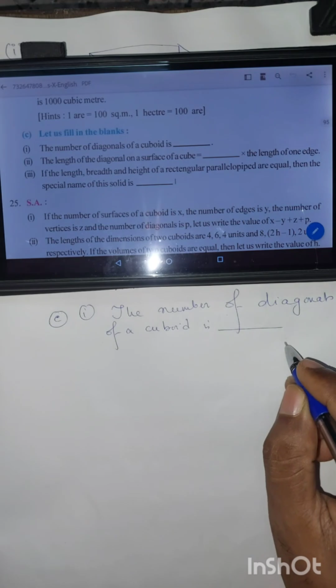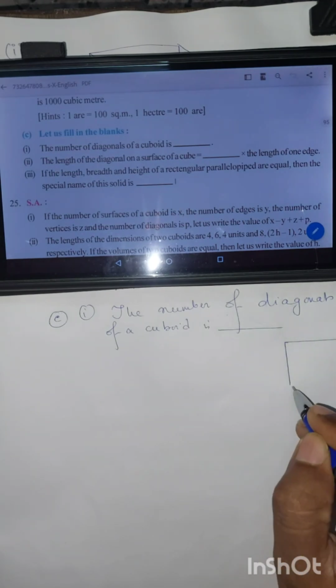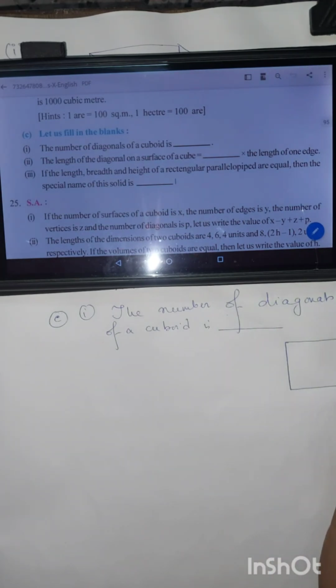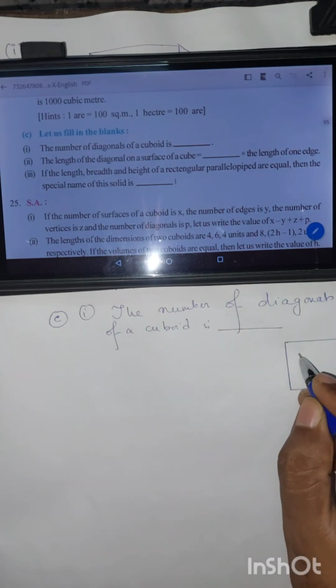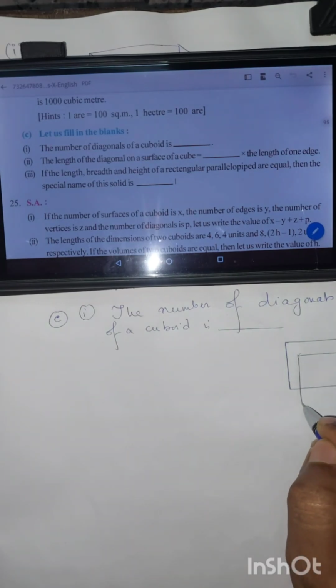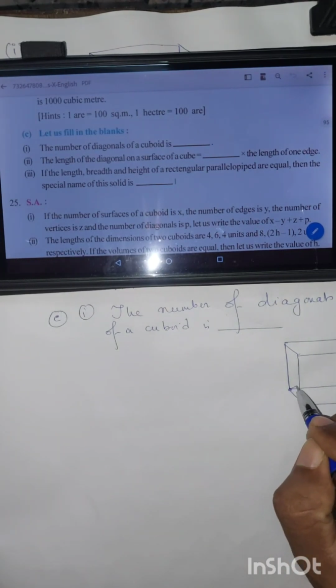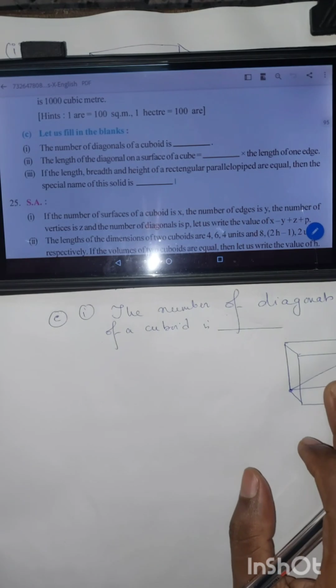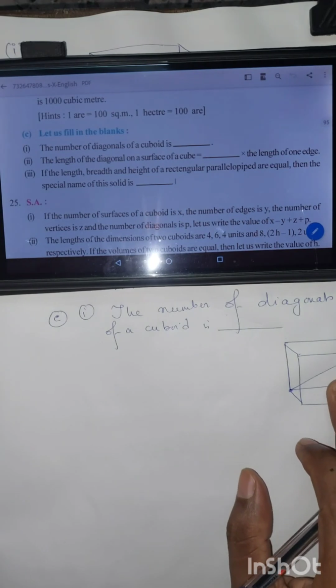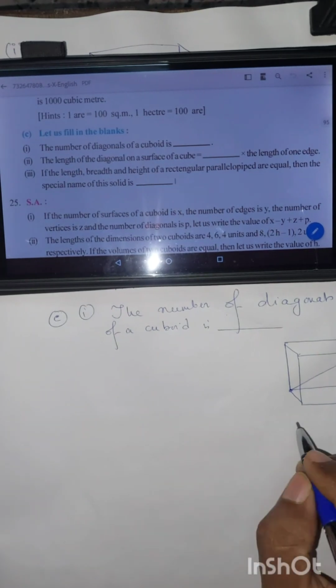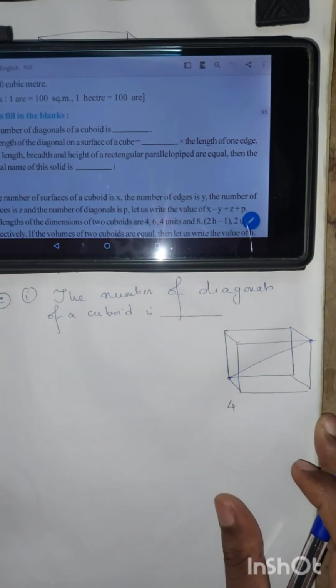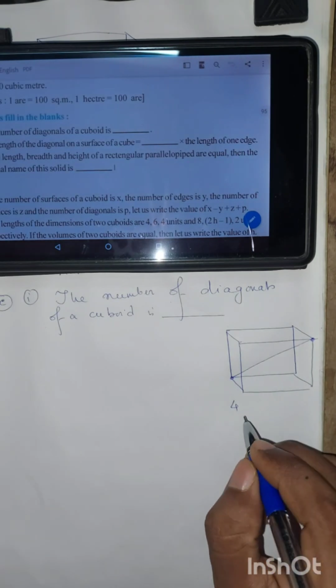Okay, that means the diagonals joining corner to corner. So from this corner to the opposite corner, this is our space diagonal, which is situated inside the cuboidal room. So we have 4 space diagonals,